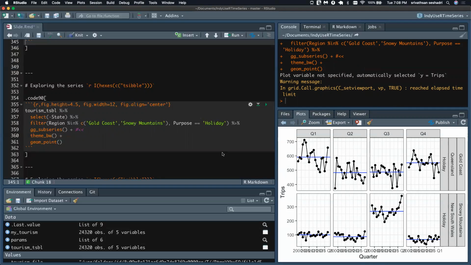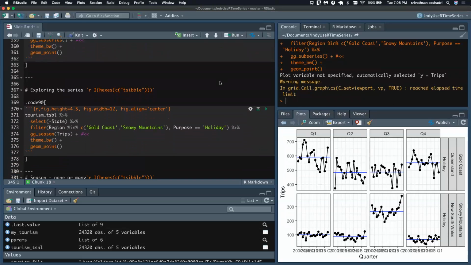So that's something that allows you to explore within-season variability. There's another function called gg_season. gg_season allows you to explore between-season variability. Okay?